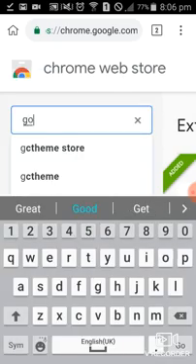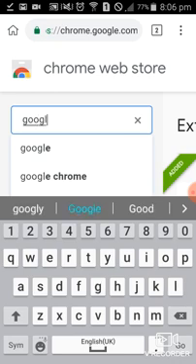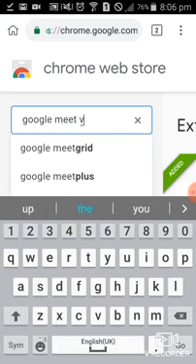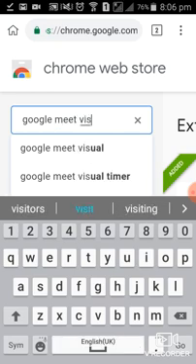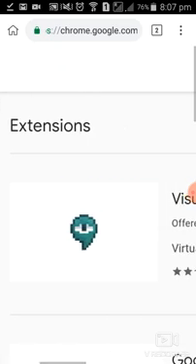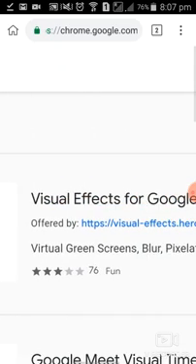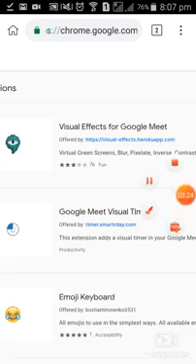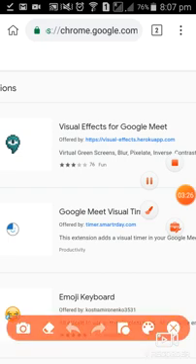This is the Google Meet Visual. Search this one, the first one. We need both extensions.